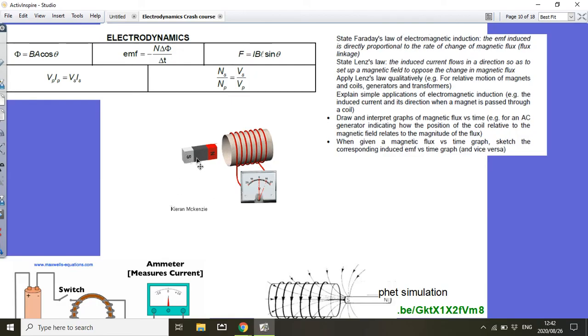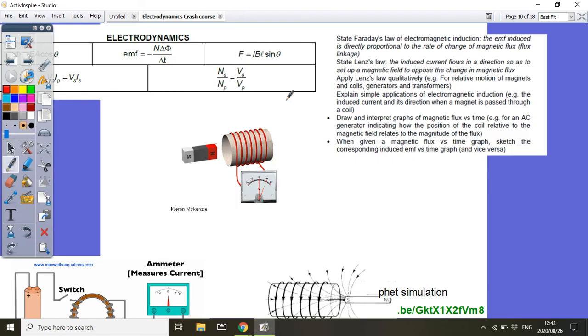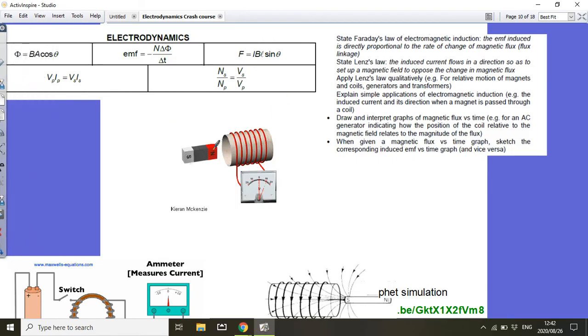So now what am I doing? I'm pushing a north pole into the coil, simply said. So how can I oppose that? How can I repel that magnet? And now you need to think for yourself, if I want to push away that north pole, I'm going to set up a magnetic field. I'm going to make a new magnetic